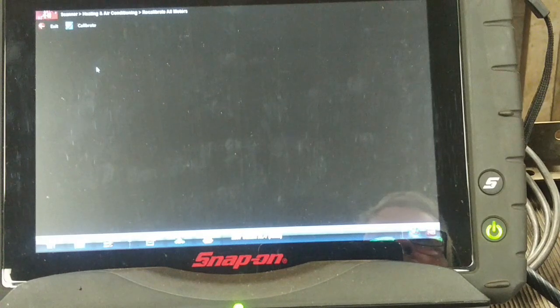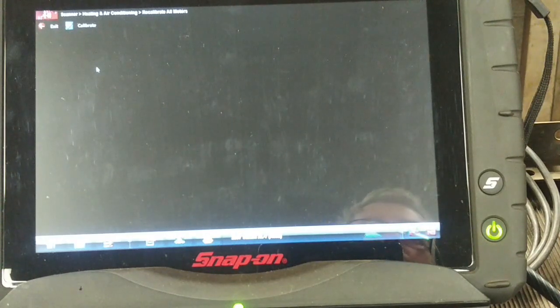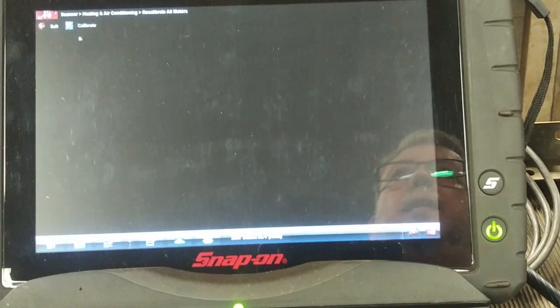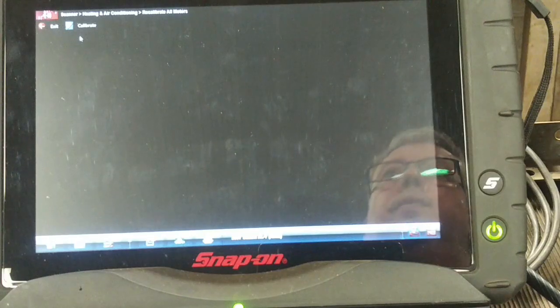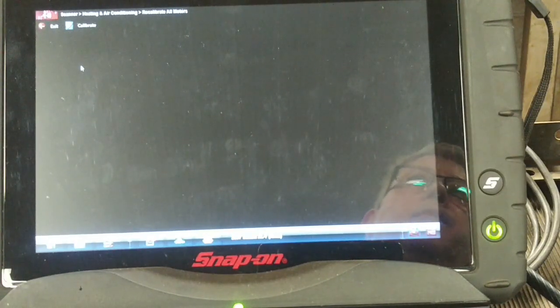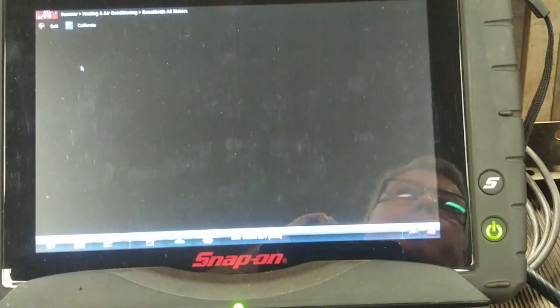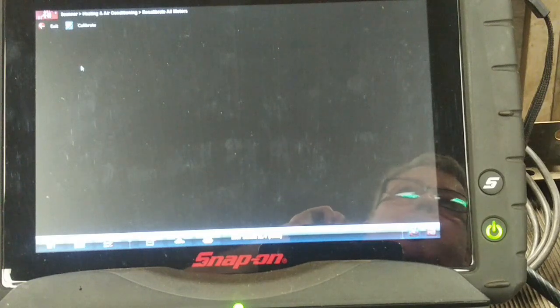Well, that's like 30 seconds. Not much happening. Well, that could be a bad sign if it's having difficulty moving one of the mode doors. I would expect it to come up and say done, or process failed, or something like that, but not sitting here in limbo. Well, that's been like a minute. Okay, we're going to exit,